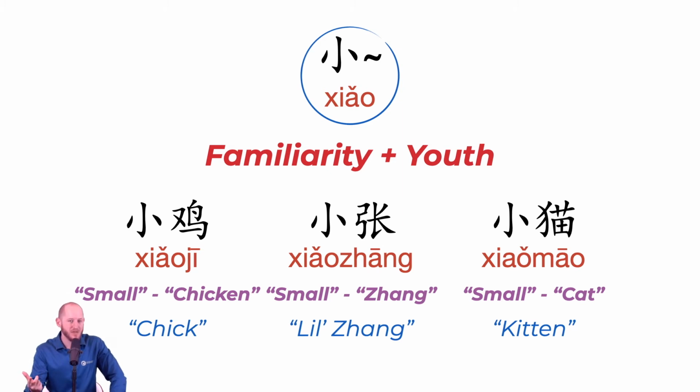Xiao mao. I have 2 xiao mao. They're both adult cats, cheng mao. But I still call them 小猫 because I feel great affection for my cats, Rick and Morty. So I will still call them 小猫. So it doesn't necessarily mean that it's the child version of the animal. So just bear that in mind. If somebody says, like, well, this 小狗, meaning dog, they're not necessarily saying that it's a puppy.